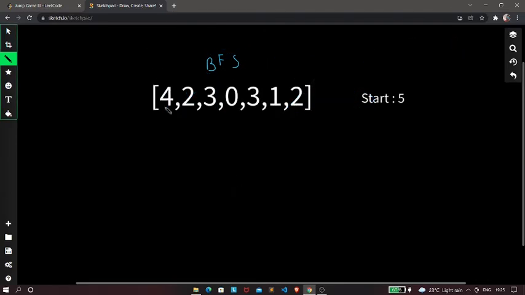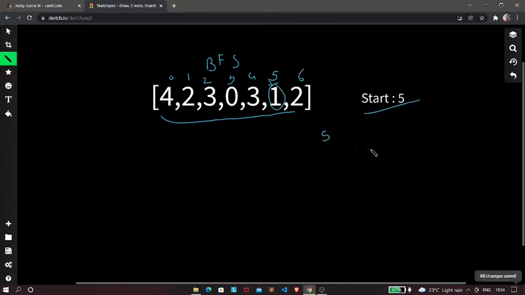So let's say that we are given this array, right? And we are given the index or starting index as 5, right? Okay, so if you consider the index, this is 0, this is 1, this is 2, this is 3, this is 4, this is 5, and so currently our starting index is at index 5, right?